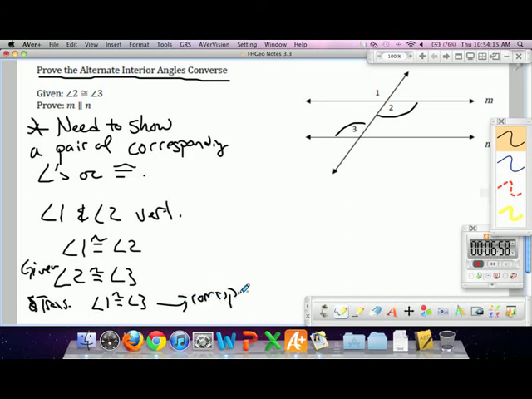To show that the lines are parallel is our plan of attack. So you can't just say that they're alternate interior. No, we can't use the alternate interior angles converse because we're trying to show that it's true. So you can't go and nature walk this. You can't say that it's true because it's true. Yeah, you can't do that. Not allowed to do that.